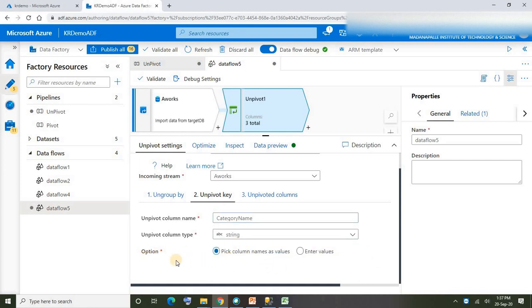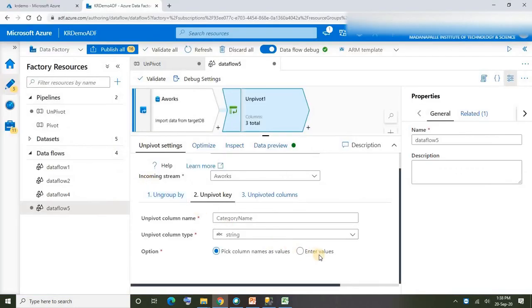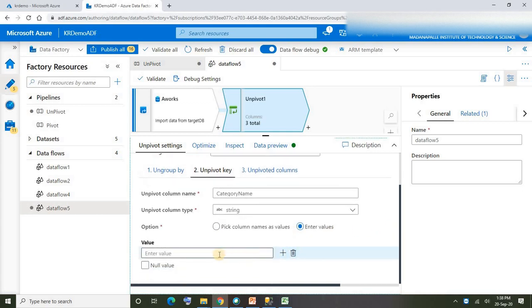If you observe here, there are two options down there: pick column names as values or enter the values. In case you don't want to convert all these columns into rows, if you want to skip some and keep, say, bike racks as is as a column, then you can go for enter values, and whatever column values you want to convert into rows, you can add manually here.